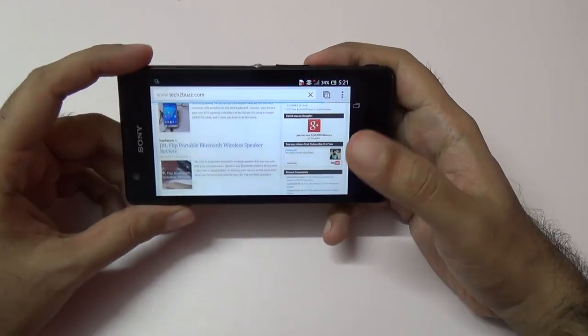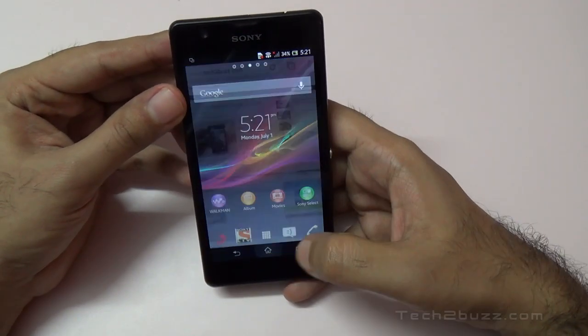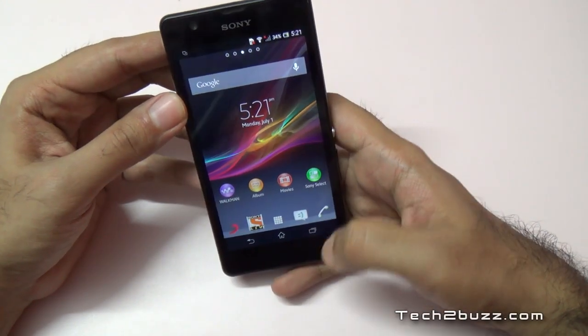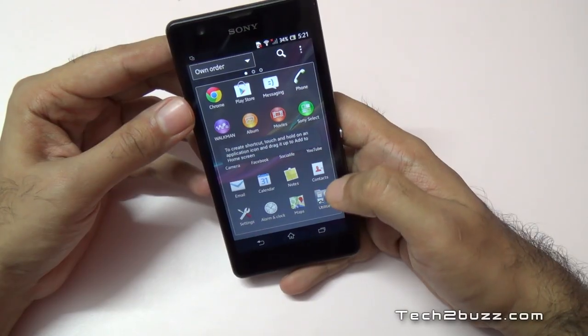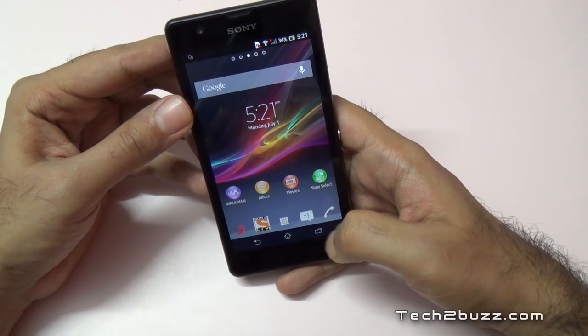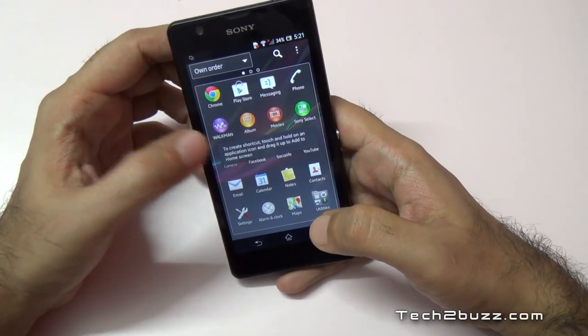So actually the speakerphone is pretty loud. I didn't expect that, so that's a good thing, I have to say. So initial impressions, it's pretty good. Let's also quickly look at the camera also. For example, where is the camera app? Here is the camera app,